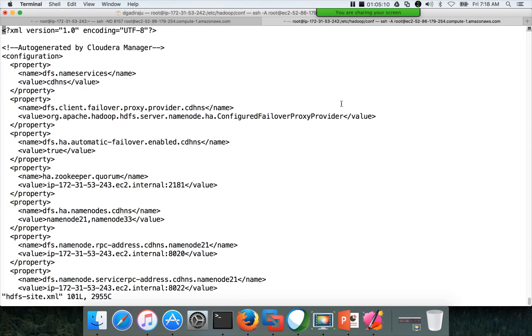This is how the configuration files look. Whatever we are seeing in the web interface is providing you a better user experience by retrieving these XML files and showing them in a particular format.